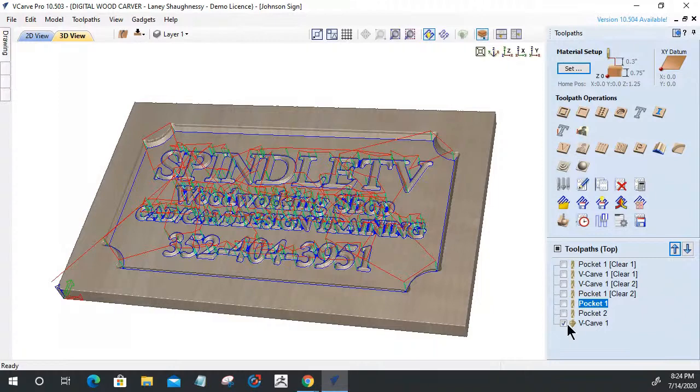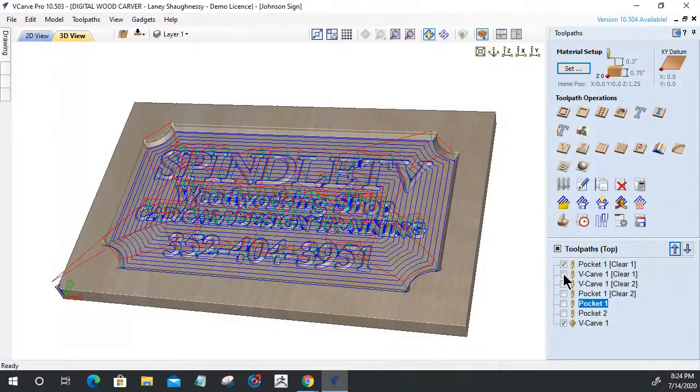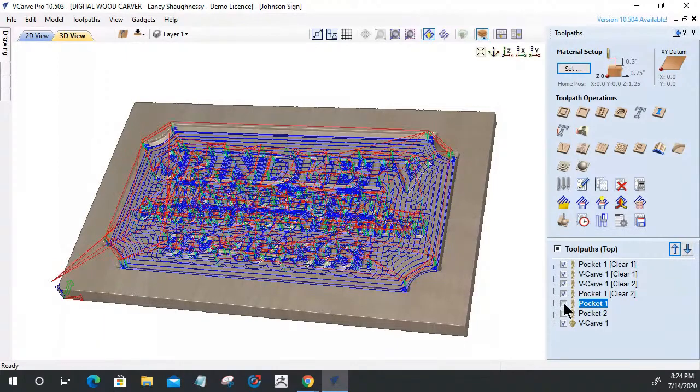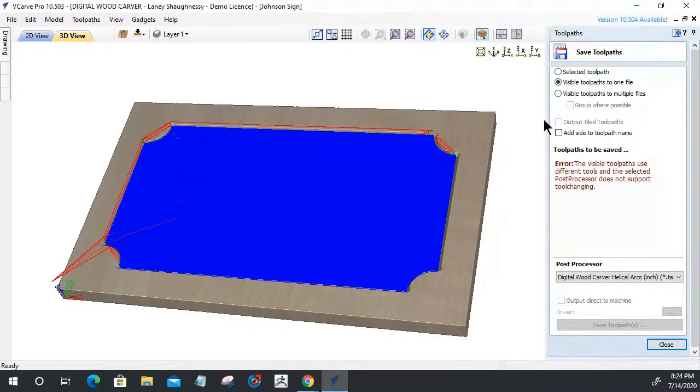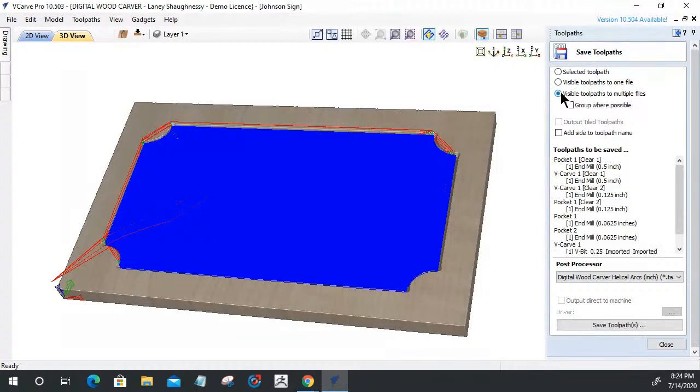Okay. And now if I come in and check off all of these visible toolpaths, right? And I come in and save these, visible toolpaths to multiple files is a new option inside here. And so I can automatically save all those. It'll save them as different files, but I can also group where possible. And as long as my tools are in the same order and everything, it will group those together. So when I save this,